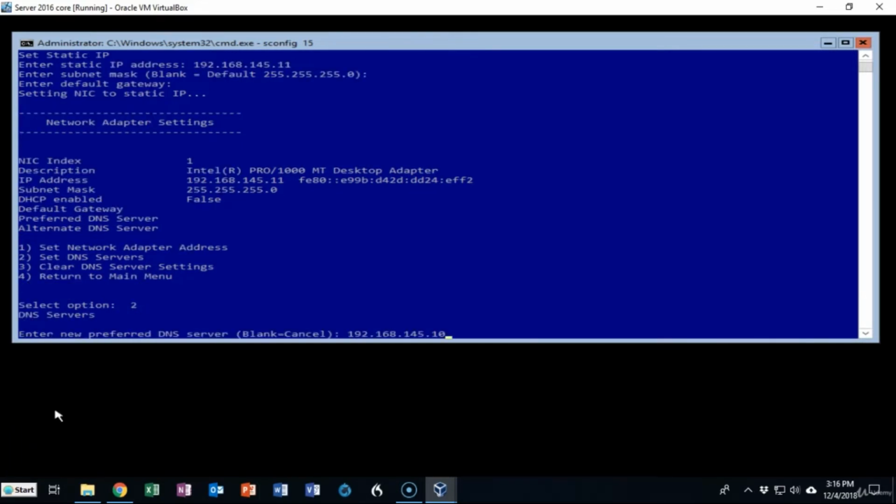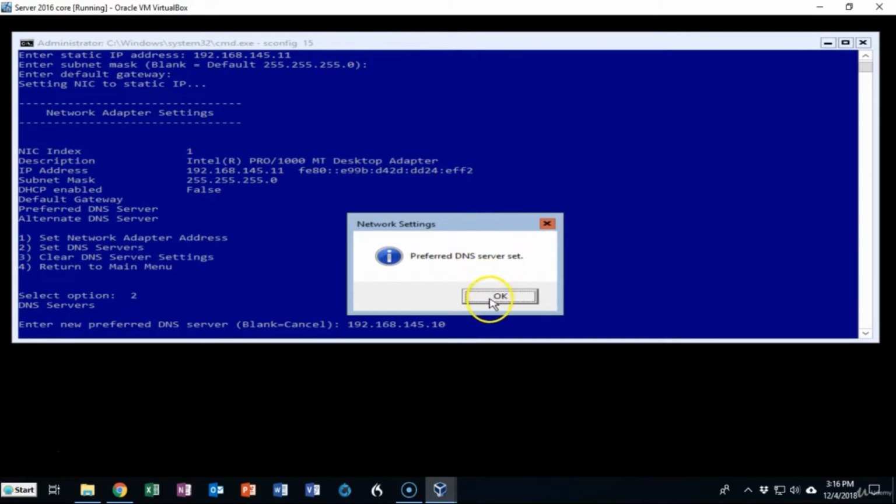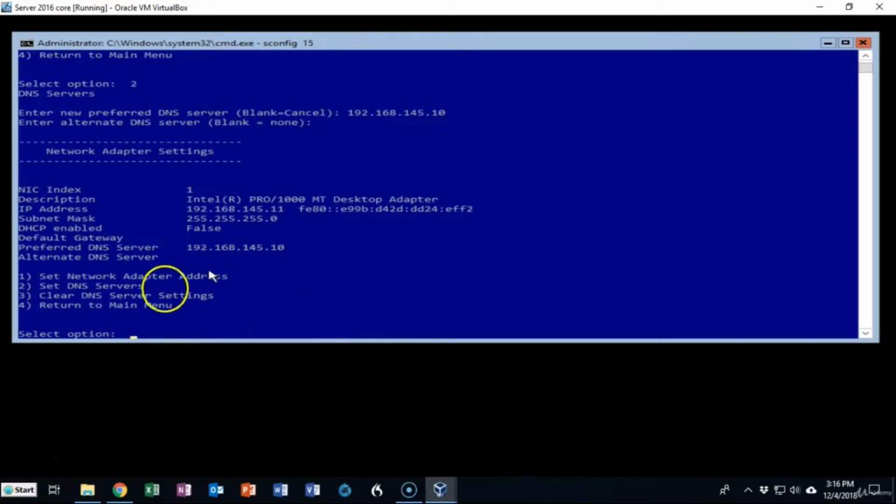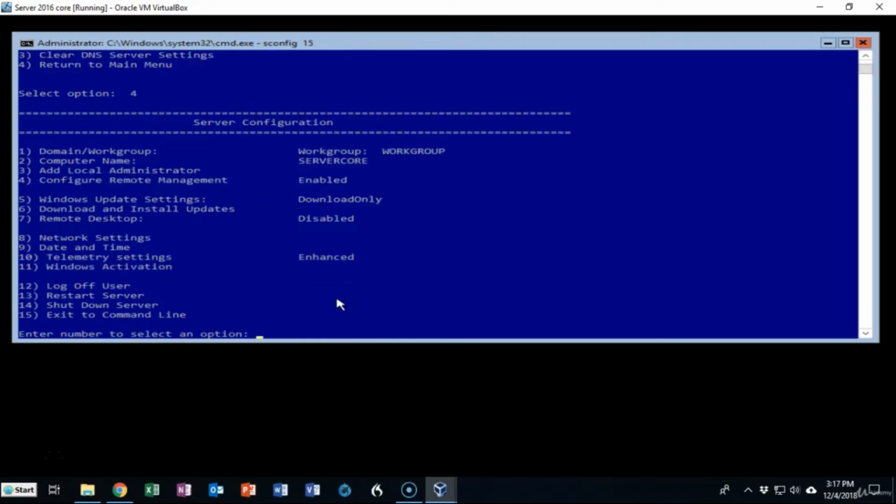We now know that the DNS server's IP address is the same networking IP address assigned to my forest root domain controller, the first domain controller we brought up in the domain, DC1. I'm now going to go ahead and hit enter. Preferred DNS server has been set. We don't need an alternate, so I'm going to go ahead and just hit enter, and I'm back to my menu. I'm going to type in option number 4 to return to the main menu,